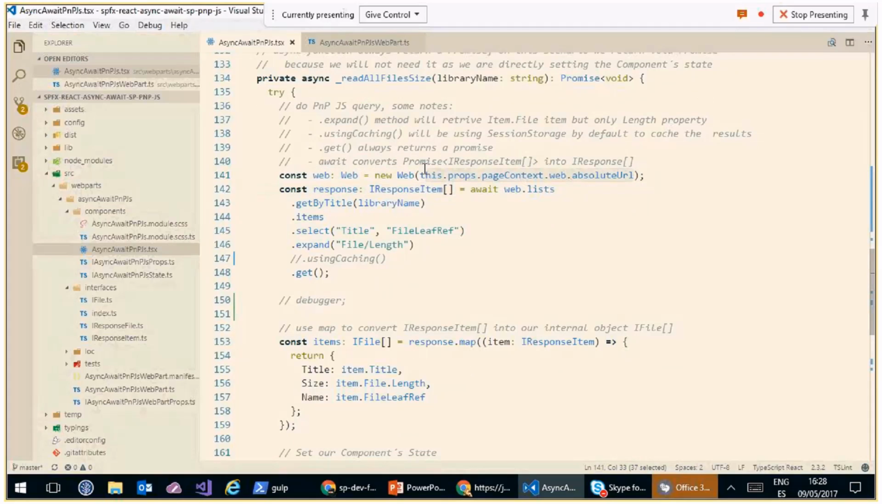We will explain quite a bit later what that means. But for now, let's say we have an async function called readAllFileSize. This async function, because we are calling an await inside, we need to be sure that the function is async. So we can call this web list and whatever chain method we want on here, but the final one needs